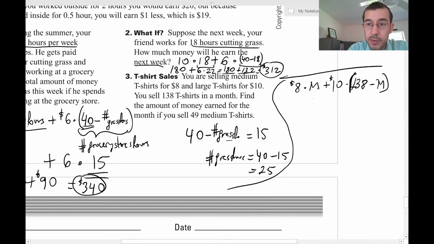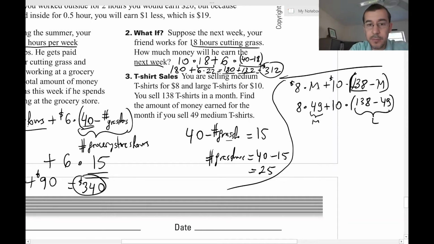So medium T-shirts 49. So 8 times 49 plus 10 times 138, the total amount of shirts you sell, minus the 49 medium. That's how many large T-shirts you sell. So this is the medium, this is the large. The medium is 49, and then large is 138, the total minus the medium. So 138 minus 49 is how many large T-shirts you sell. So $8 for the medium, 8 times 49 is 392 plus